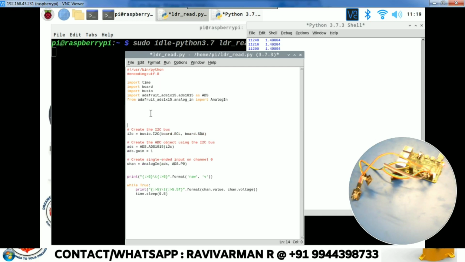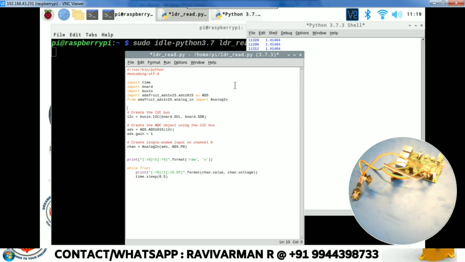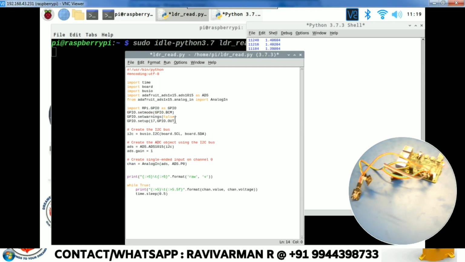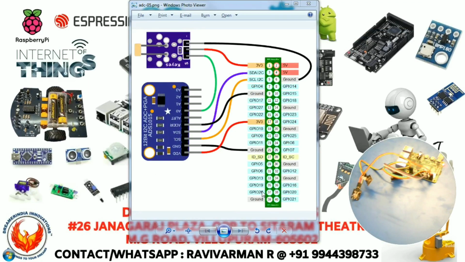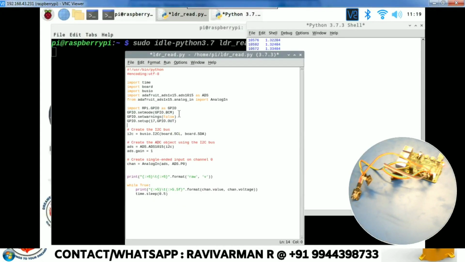So the LEDs are connected to pin numbers 26 and 19. So I'm just going to change it to 26 and 19.